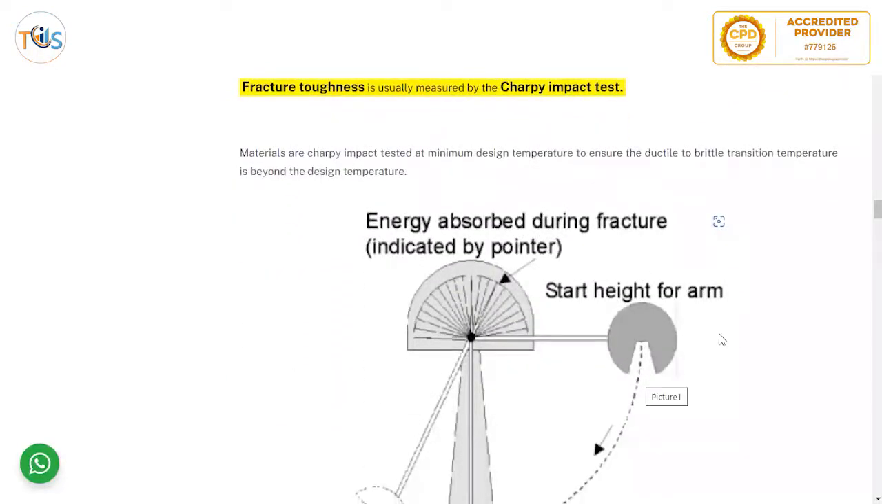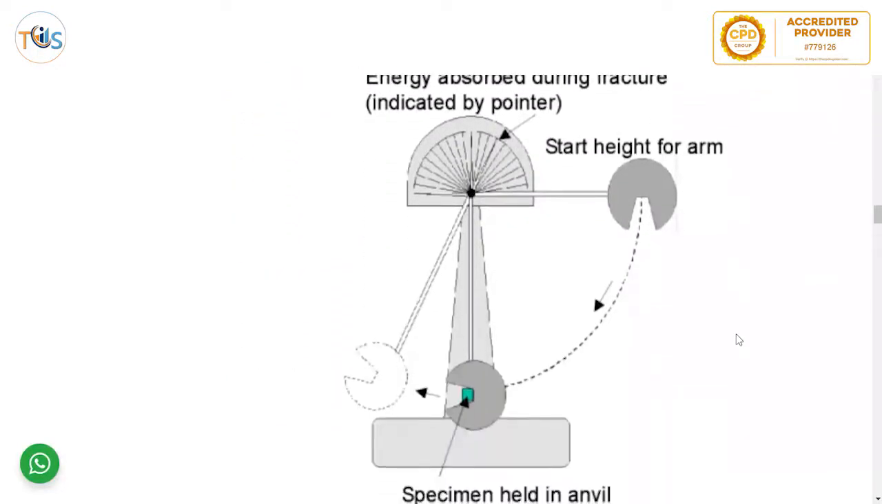Fracture toughness is usually measured by a Charpy impact test. So practically there is a swing here, they bring it to a 90-degree or horizontal position and they just release it, and it comes here and hits the material, and there is a notch here, and as much as it goes up, it is shown here. So the difference between the vertical line and this line is actually the Charpy value, because the rest is absorbed by